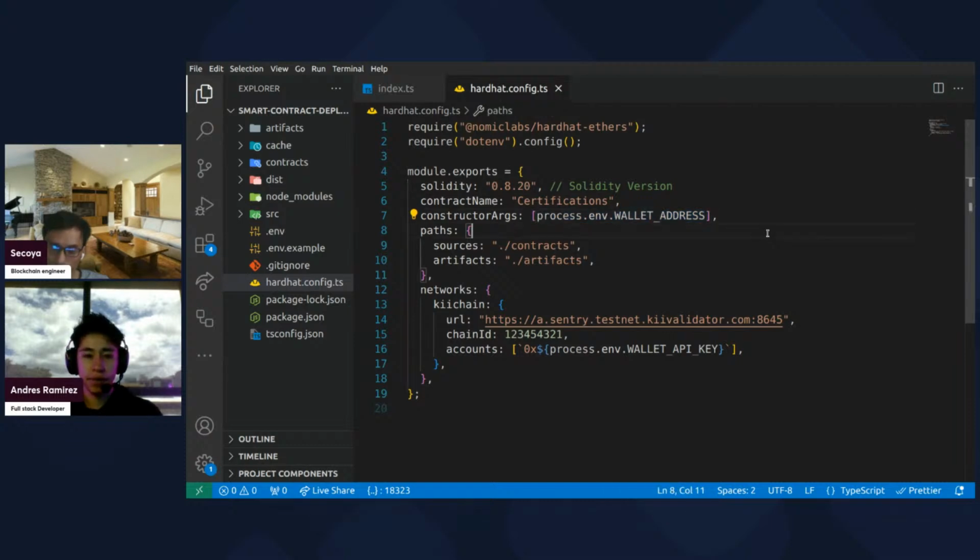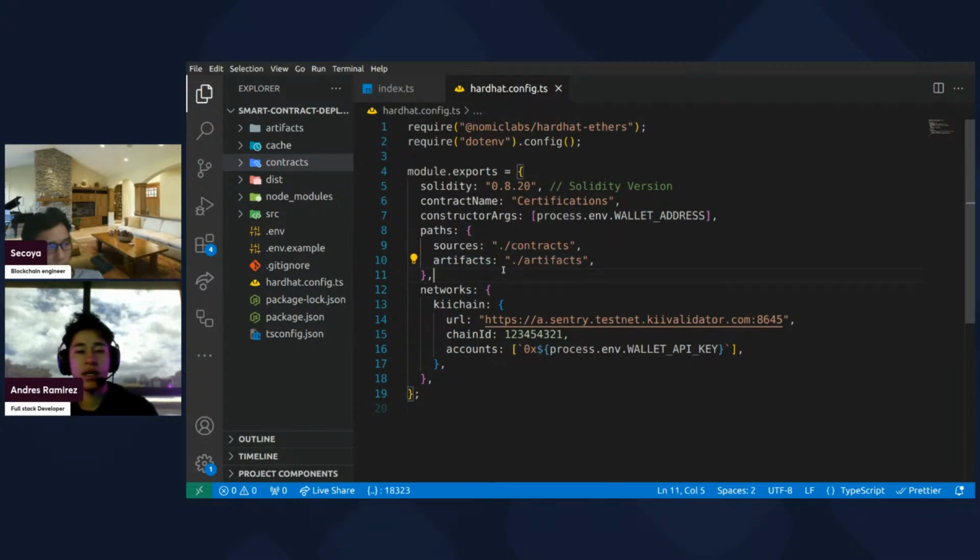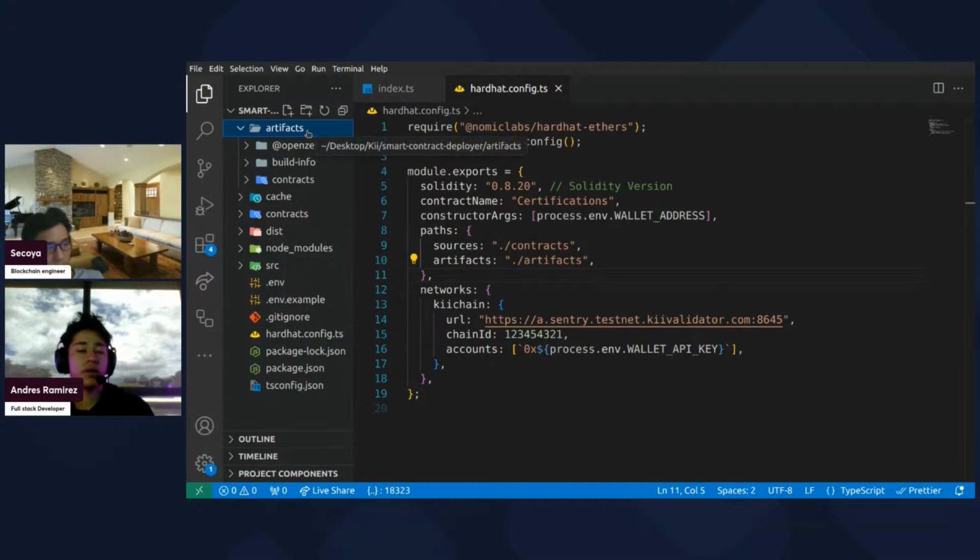in this field. Then we specify the paths, if we need to change the path of the different outputs of Hardhat. For instance, where the smart contract is, the source, which by default is located in the folder called contracts. That is this. But if you need to change it, you just have to change this field. It is the same with artifacts, and